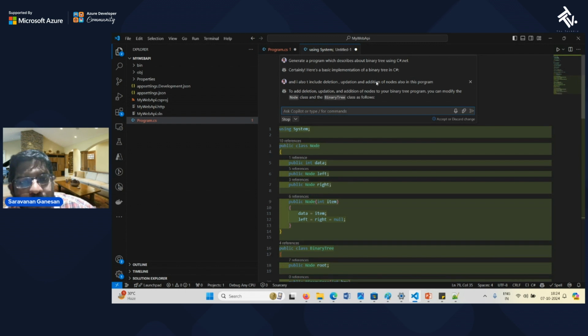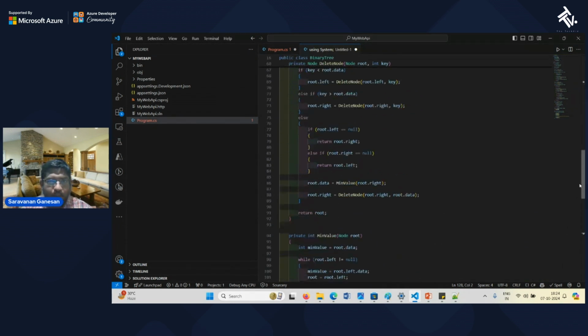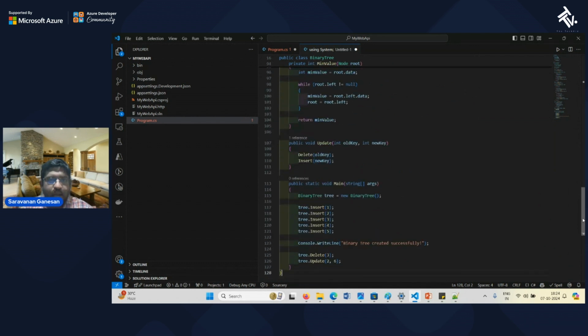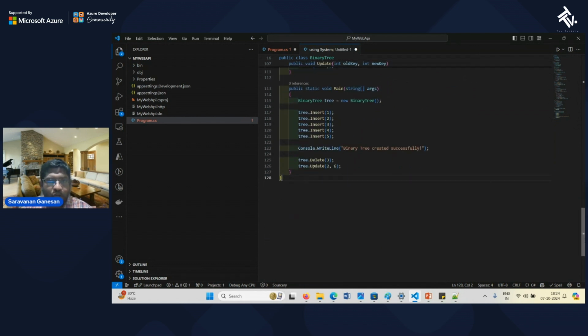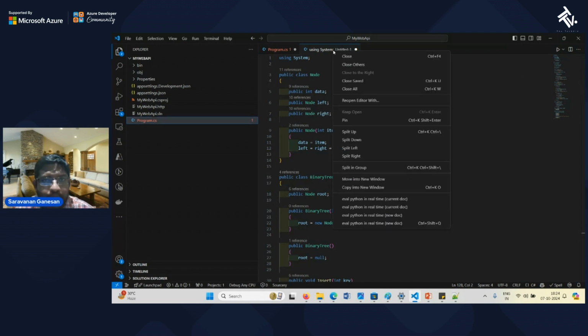We'll be changing our existing code accordingly. See here, my entire code has now been generated for a binary search tree program with addition, deletion, and updation. Now if I run this one,